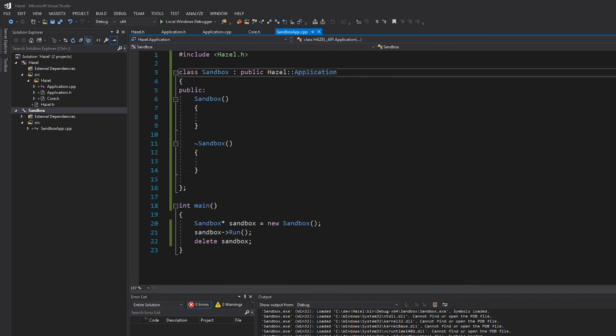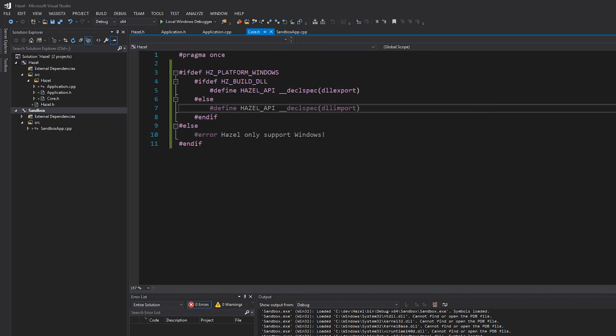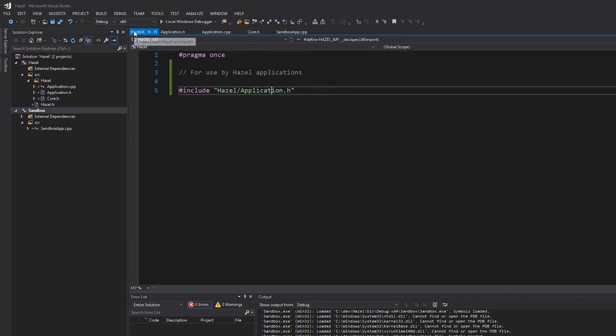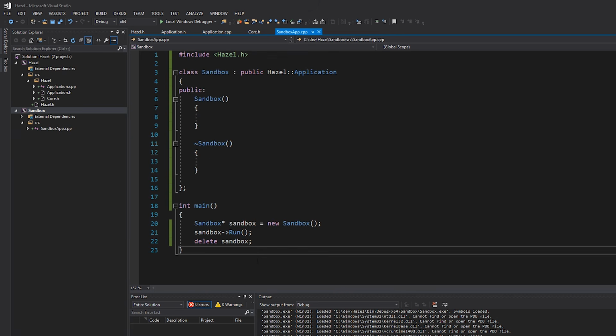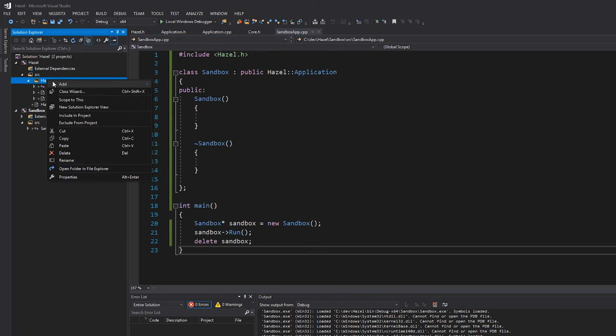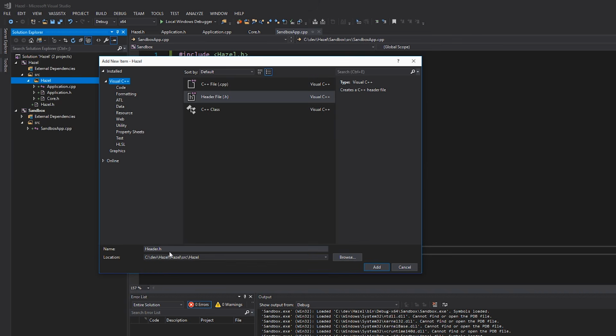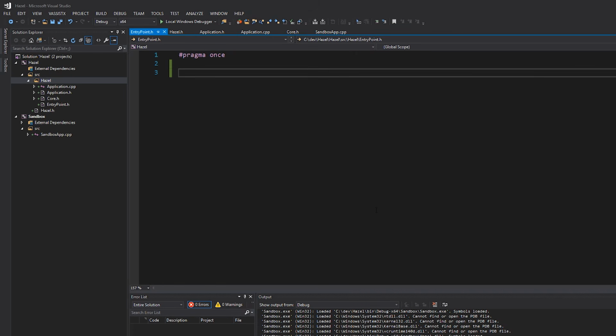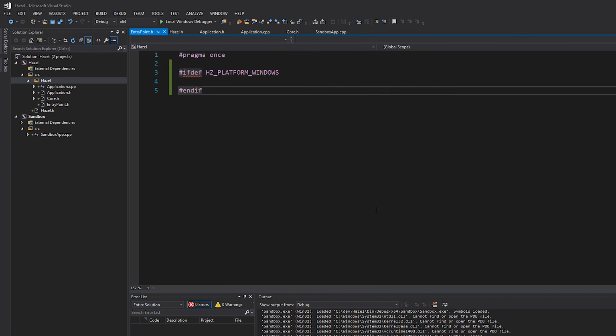Okay, so now that we've done that, we've actually done the majority of the work here. We've created all these macros that either export or import our symbols, and we've written a basic entry point. Now what I want to do is, inside Hazel, make a header file called entry point, which will basically define that main function for us. So entry point.h, and this is just going to be a header file, which we'll probably just say ifdef. I imagine this entry point will change based on platform, so we'll say ifdef HZ platform windows, and we might